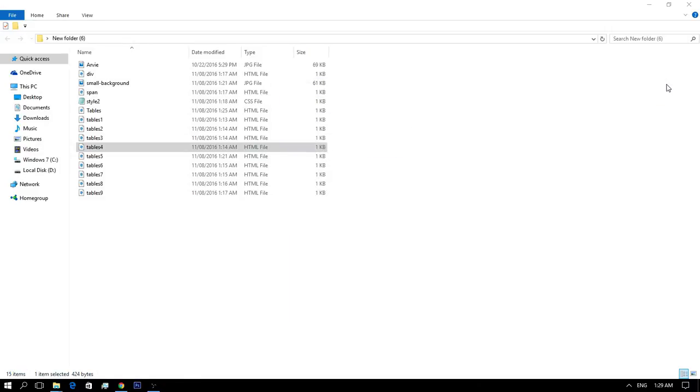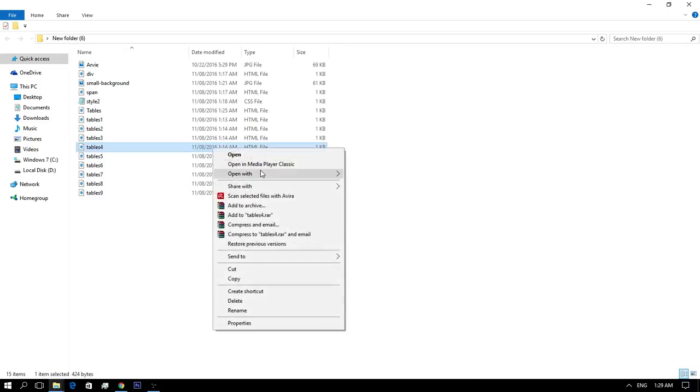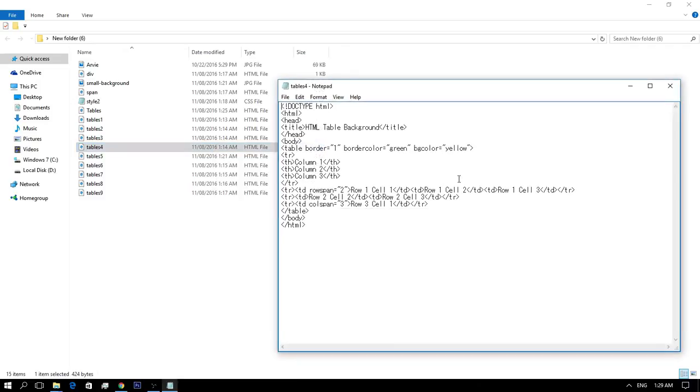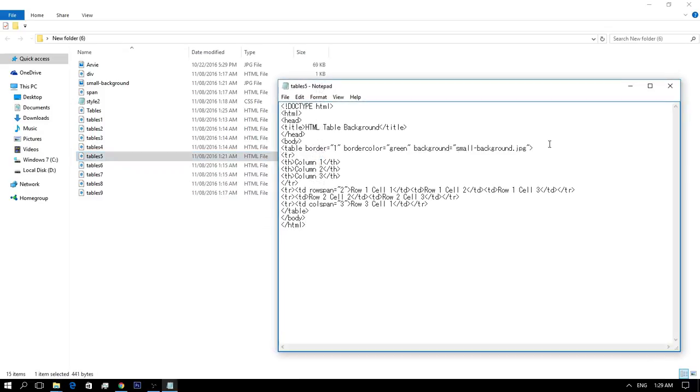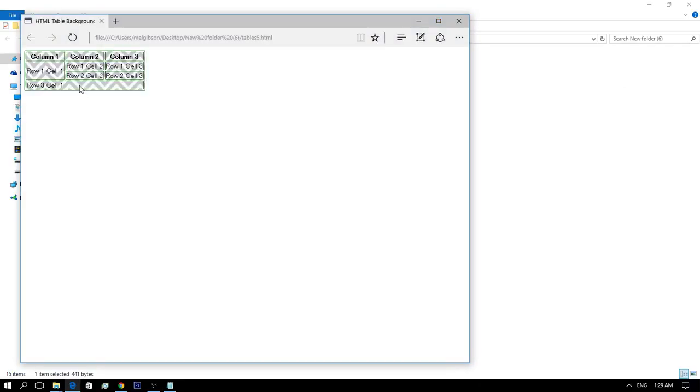So here is an example of using background. You will use an image available in your image directory. So this will produce the following result. And as you can see, it is behind the text.